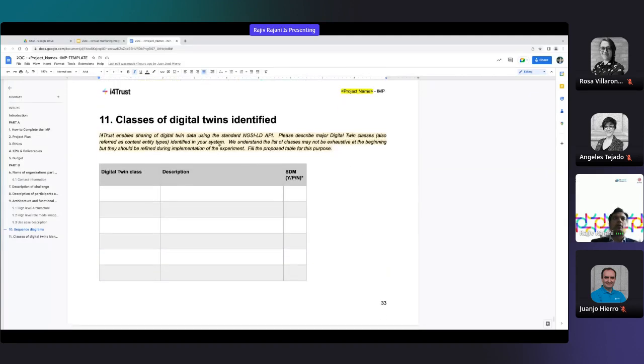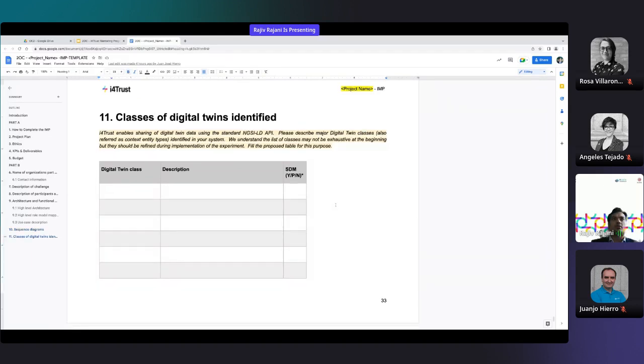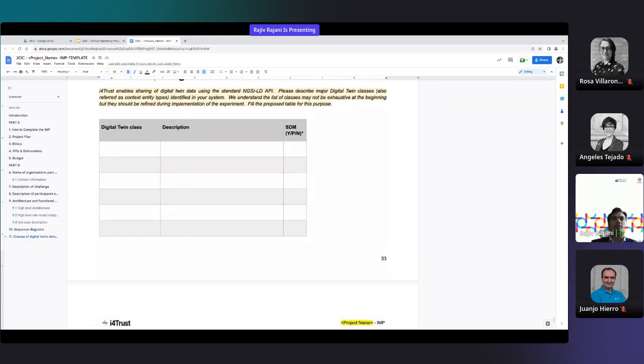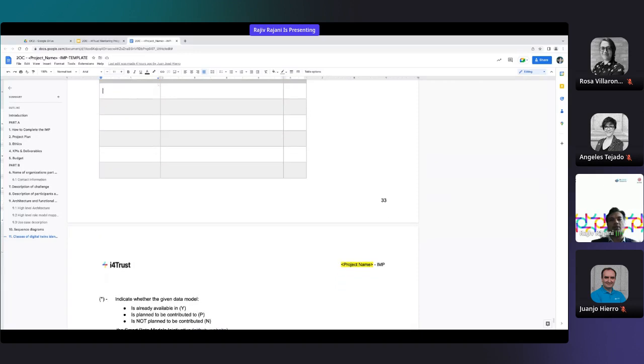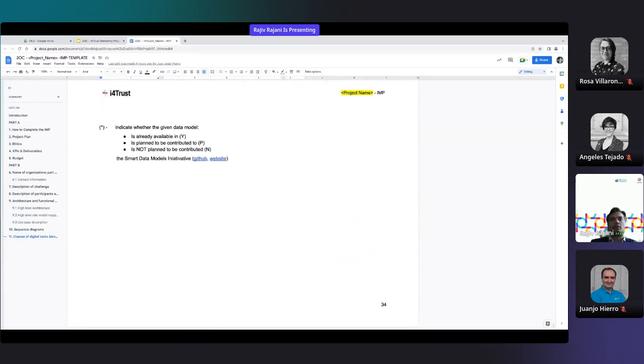And of course, another important element is to define your digital twins or the data models that you will be using in that perspective. You already have this table in your proposal. You can copy paste it and further evolve it as you go through the program. So this is the individual mentoring plan template one, and you need to start filling this template or plan basically starting today.